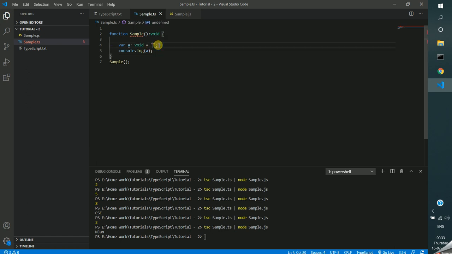Let me try to assign an empty value. Actually it won't accept, because the empty is also a string. Okay, are you clear? Okay,